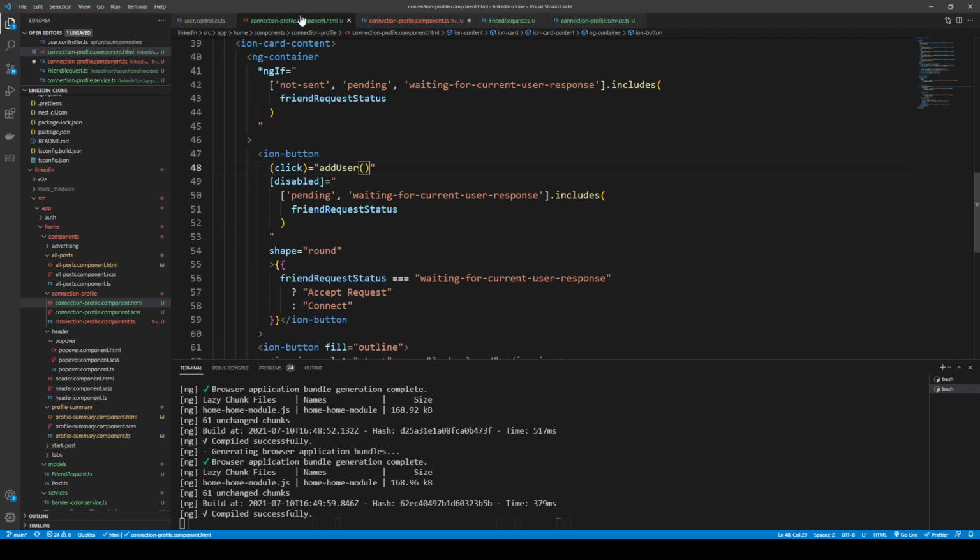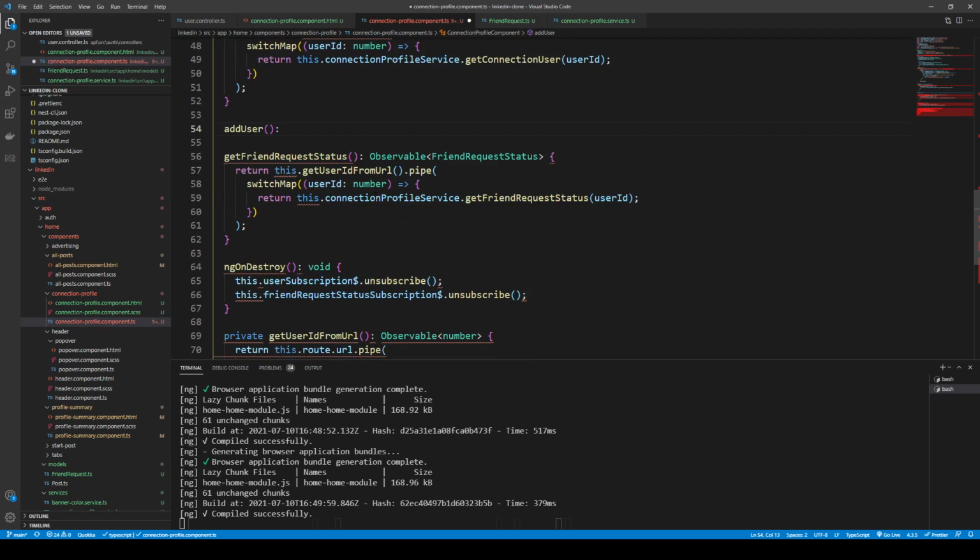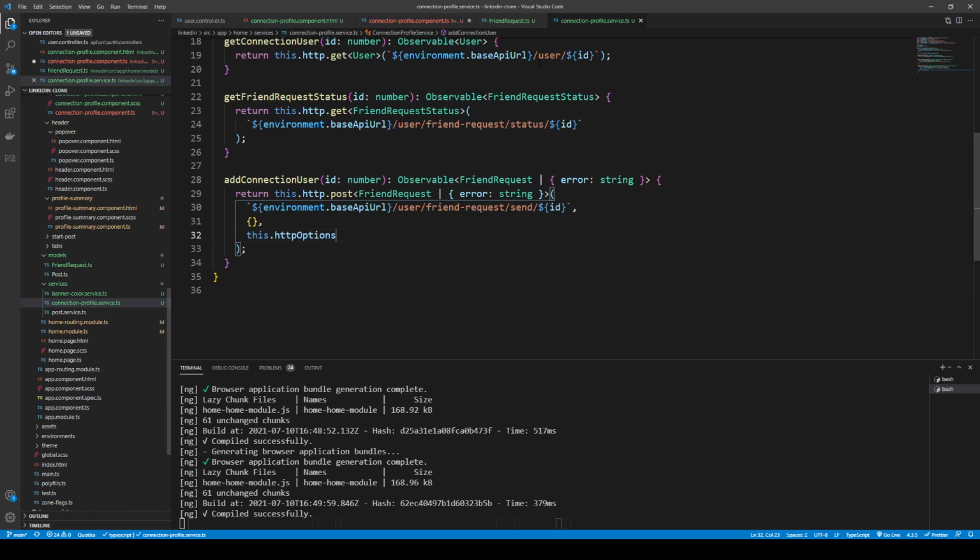So basically what's happening here is we want to get the user ID from the URL, which we can do, and based on the user ID from the URL we want to call this connection add connection user method here, and this is going to return either a friend request or an error, and based on what that is given back to us,